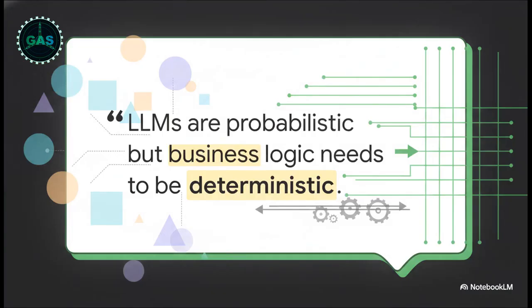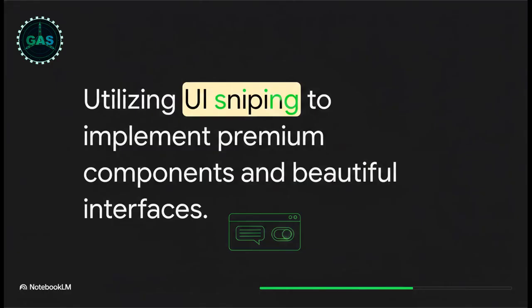Now, here's a crucial concept to wrap your head around. Large language models are probabilistic, meaning if you ask them the same question 100 times, you might get 100 slightly different answers. But you absolutely cannot have an enterprise app that behaves differently every time a customer clicks a button. Business logic must be deterministic. By using those structured SOPs in the architect phase, we literally force the AI to be reliable, predictable, and consistent every single time. Once it's working flawlessly under the hood, we move to the stylized phase.